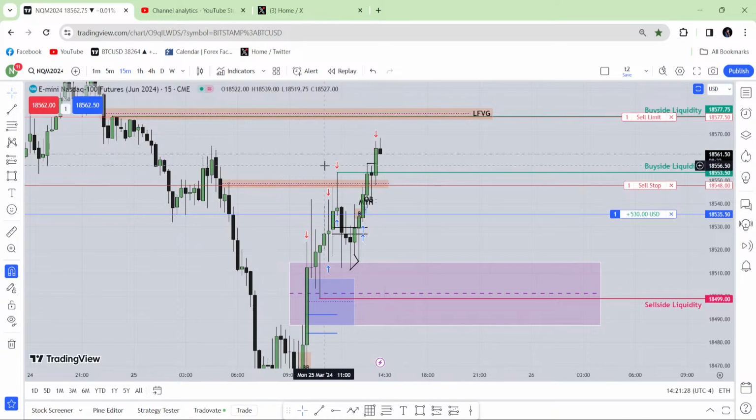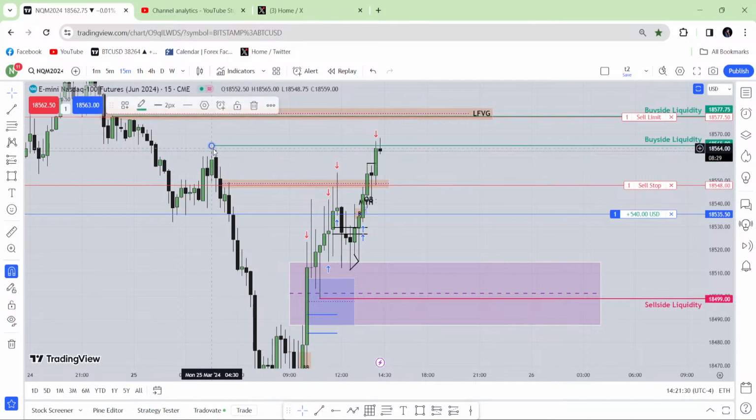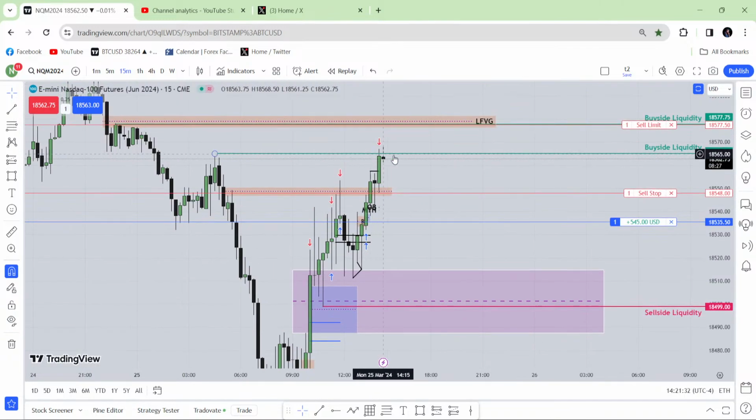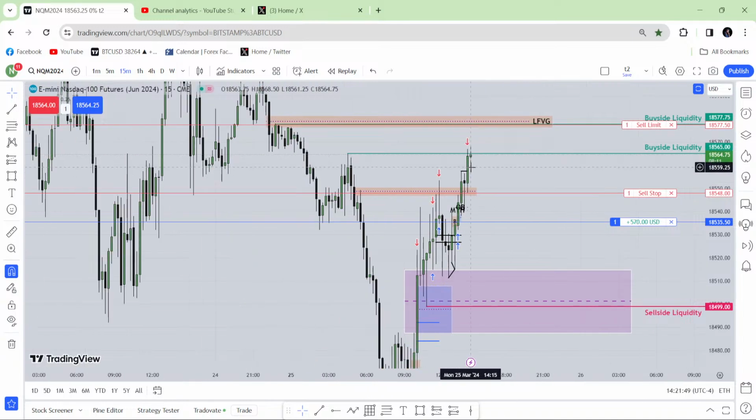After that 15-minute fair value gap forms, let me mark it. This is the shallow run, so the market should go above. If it can make another fair value gap here from the 15-minute chart, and price comes back again to that fair value gap, takes some liquidity, with a market structure shift toward that buy side liquidity, you will take that entry. What is this level? Highly premium. It's huge premium. Still, I will frame my trade from there with 100% confidence.